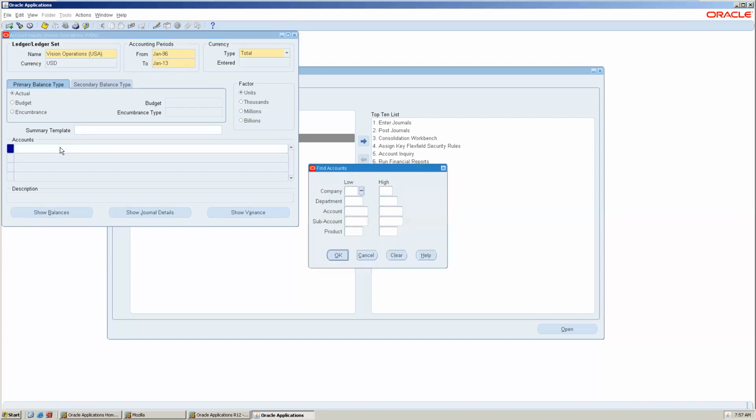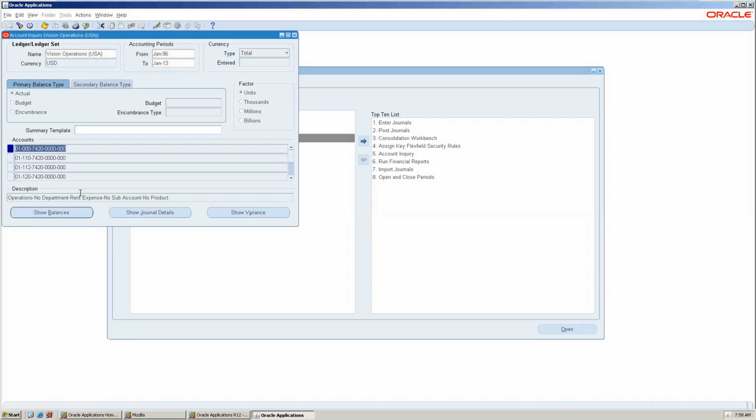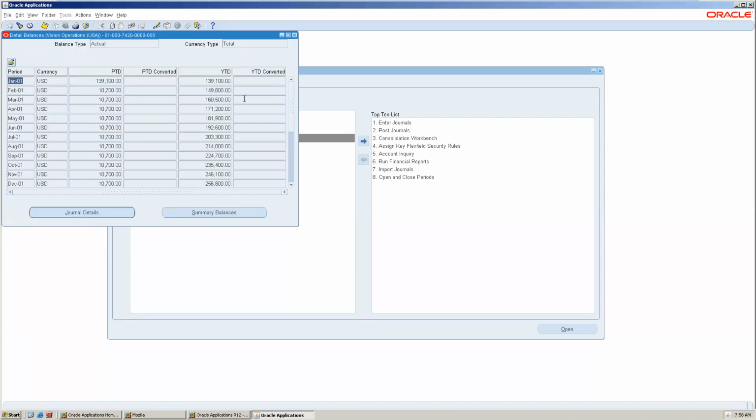Only for this year, can we not give the date range, like January till October? No, any range you can give: 1 month, 2 months, 3 months. So I am giving the rent account. I have to click show balance. See here, every month the PTD is running. Suppose like you said, I want to check for